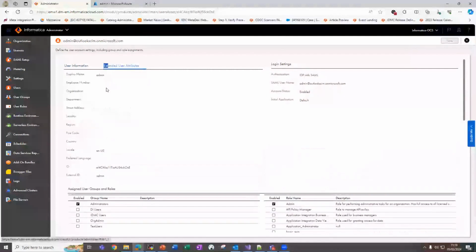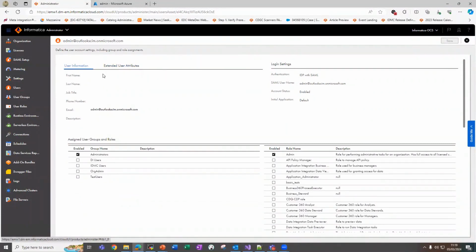And there's some extended attributes as well, in which case these are all blank. Now, whilst these aren't mandatory attributes, in most cases you would probably want them to be populated for the user. In Azure, what typically happens is if the attribute value isn't present or is null, then it won't pass that SAML attribute to IDMC. And so the expectation here is that the values for the likes of these fields will